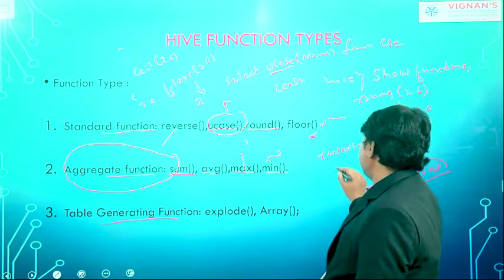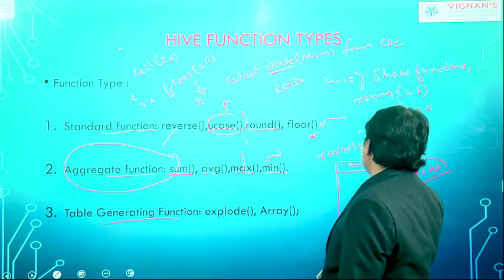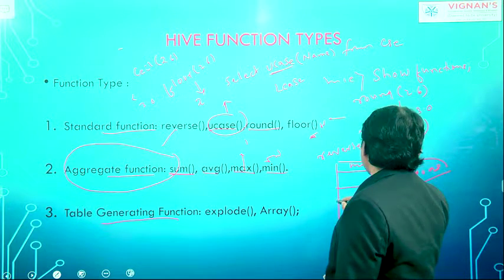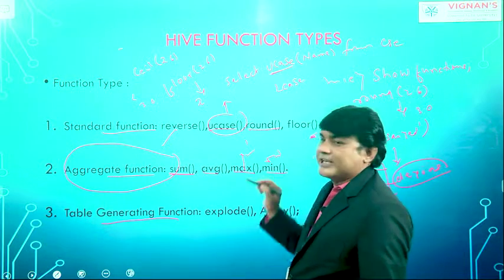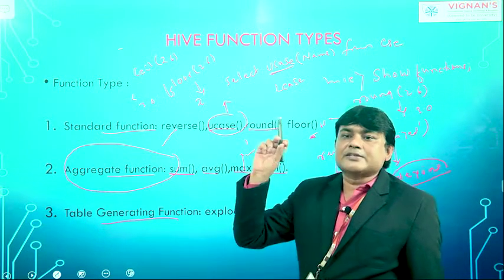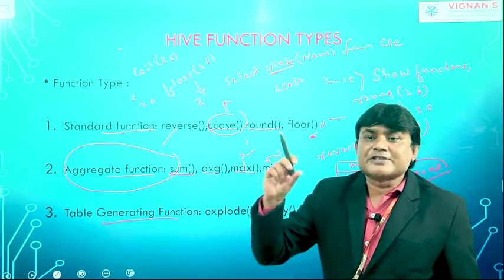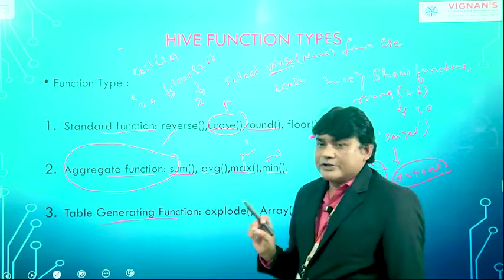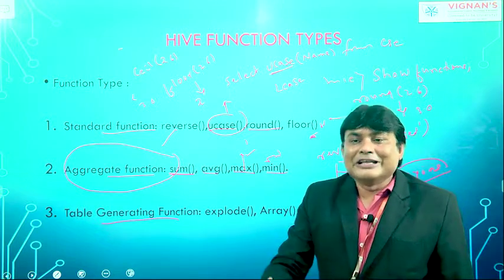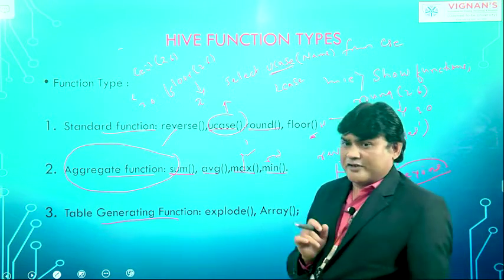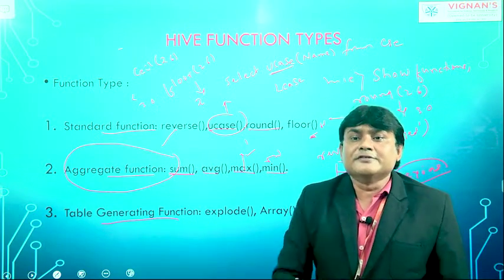Okay, suppose you have a table, in the table I have marks. Now I want to find out which student got the highest number of marks. So I can use the max function, which can display the highest mark from the table. Suppose minimum, it can display the minimum marks from the table. So by using these functions, we can perform mathematical operations. These are called aggregate functions. And all these functions are inbuilt functions in Hive.